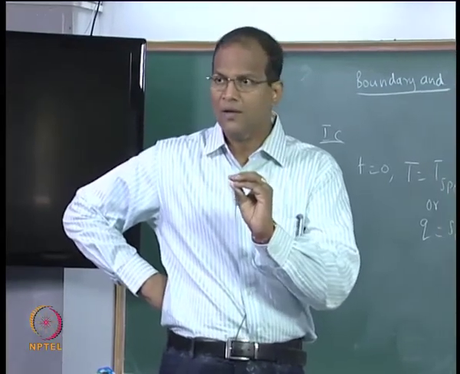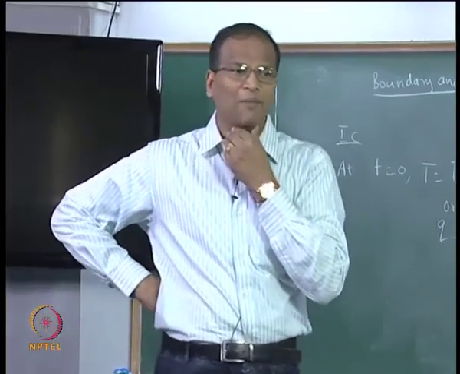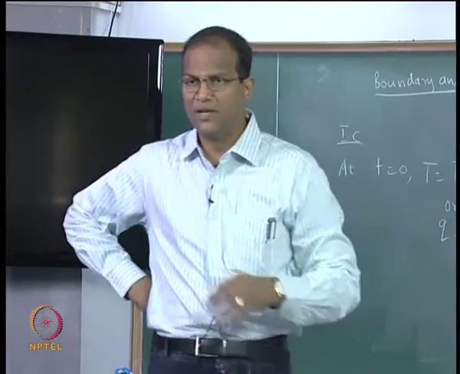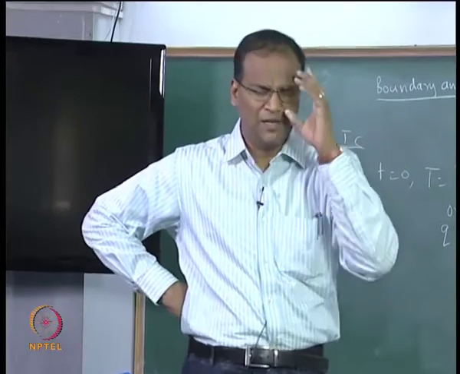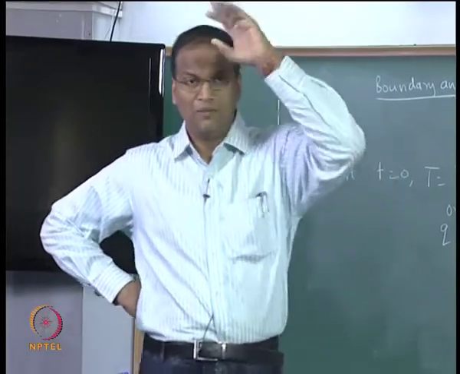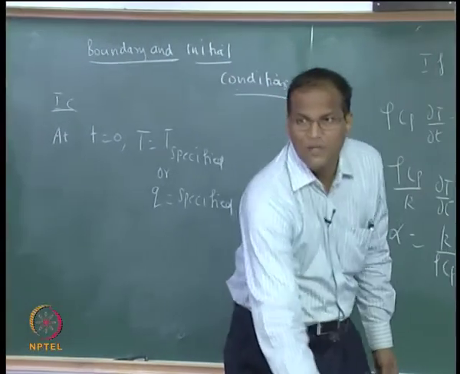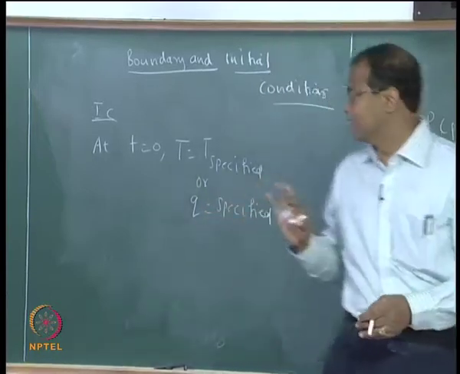From t equal to 0 it will propagate. However, there are hyperbolic systems in time, vibrations of a stretched membrane and all that, where it will lead to a lot of problems. But this is parabolic in time and it is elliptic in space, okay. People who are mathematically inclined can figure out why it is elliptic in space: reduce the equation of characteristics and find out b square minus 4ac less than 0, equal to 0, greater than 0, all that fine.